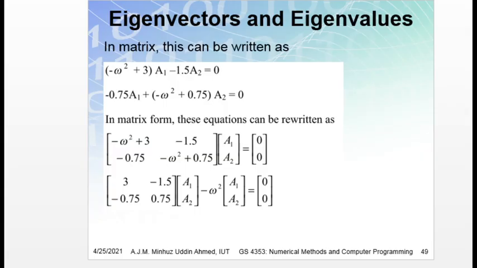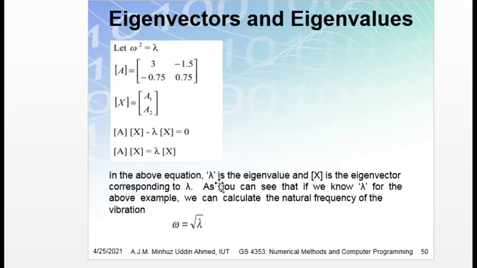So we can rewrite this, minus omega square can be taken out from this equation in a separated form: minus omega square, A1, A2 equals 0. We can write this accordingly, and the value of this omega square will give you the result of eigenvalues. So if we assume omega square equals lambda, the equation will become like this,